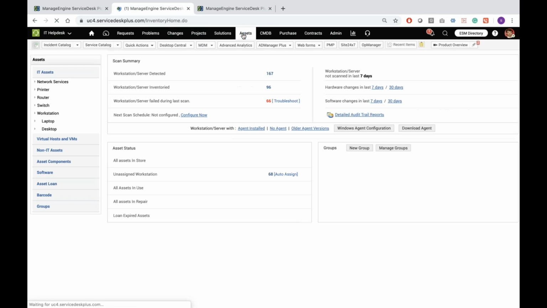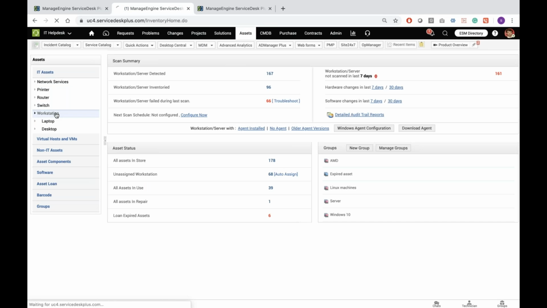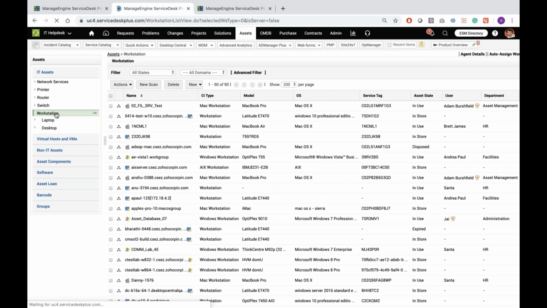Then we have the asset management portion of Service Desk Plus, which brings in all hardware and software asset management. This is done through a lot of automations that the system does. A one-time configuration on the scanning piece helps the organization gather all their hardware assets, the software installed on all those hardware assets, and then a variety of other IT assets that we scan. This way, using our simple scanning techniques, the organization's assets are in one place.